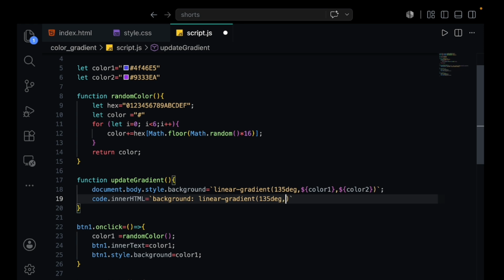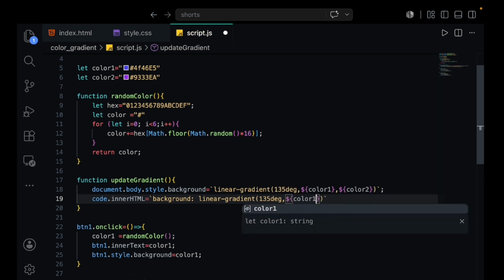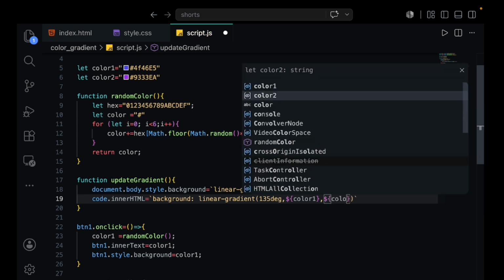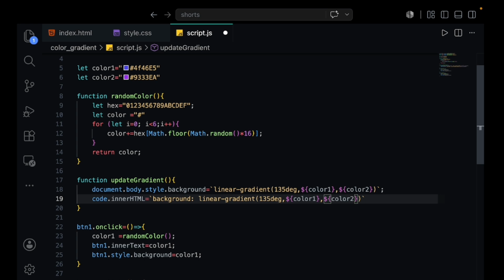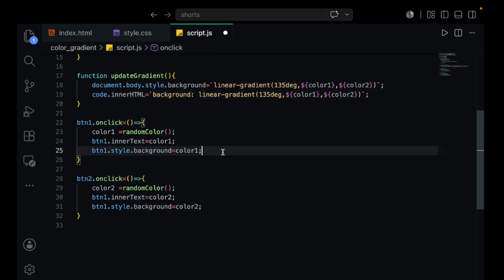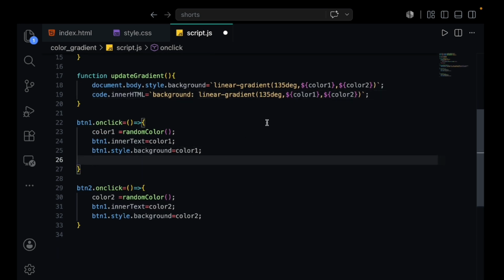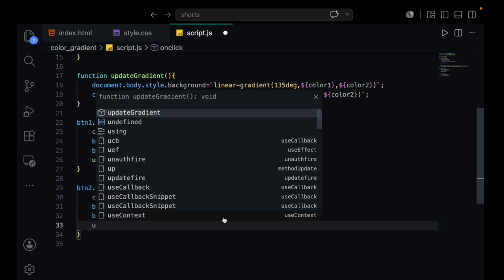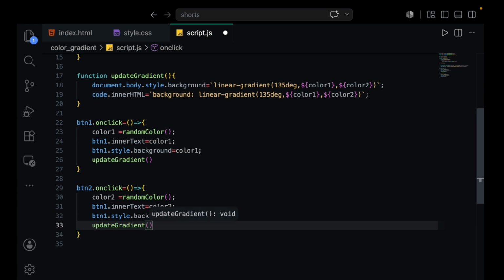So let's do this. So we have color 1 and comma color 2. It's going to cover color 2. Alright, and let's give a semicolon, and then also we're going to call this function, which is going to be our update gradient. Similarly for btn2, let's do this update gradient.